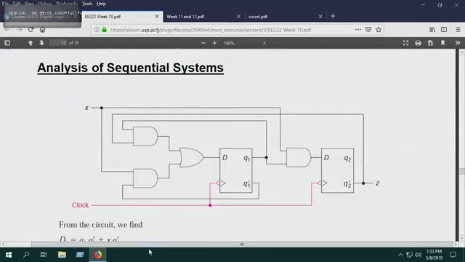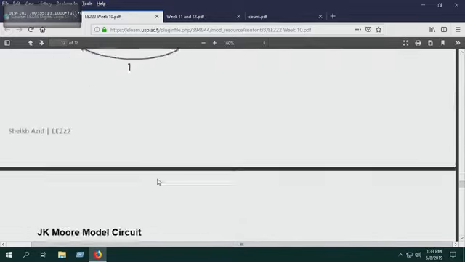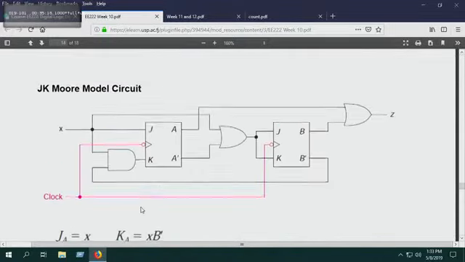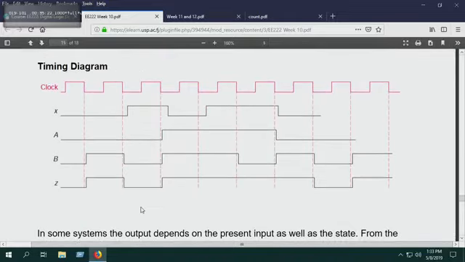Is this leading edge or lagging edge? Is this trailing edge or falling edge? I mean, rising edge or falling edge? That's a falling edge triggered system. The system is triggered by the falling edge. So when you look at our timing diagram, this one here, what about this one here, guys? That's a falling edge. Mostly we'll find falling edges, right? Now, can you see what's happening over here?